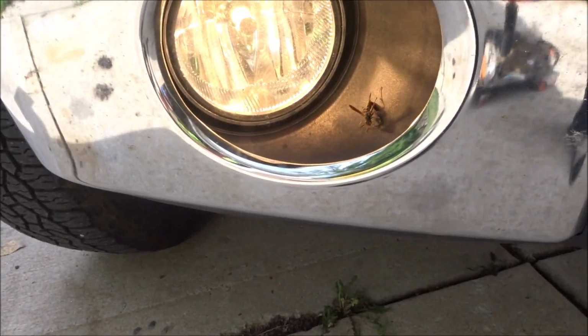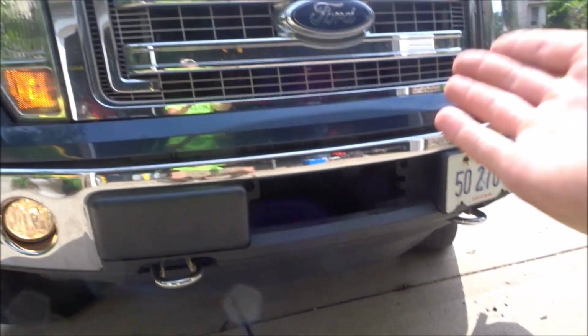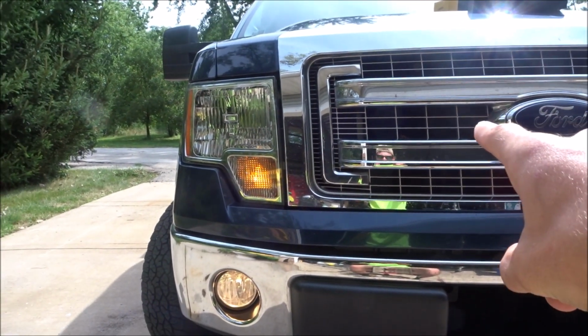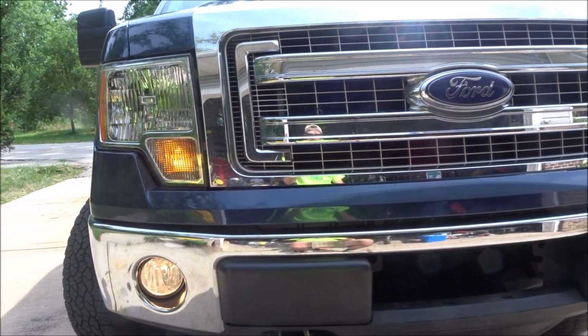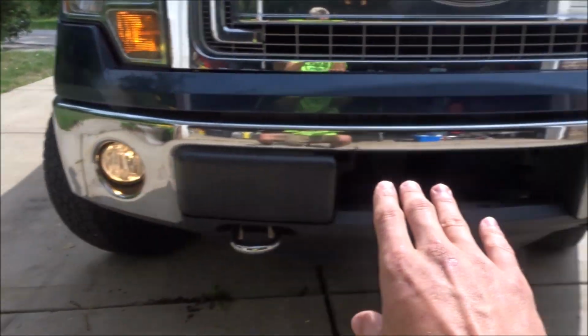Oh my god, and a wasp. Look at that guy. Holy. Okay, but okay. Why do we always run from wasps? But that guy looks scary. Hopefully they're not making a nest in my truck. Holy. I really hope not. Anyways, alright, let's